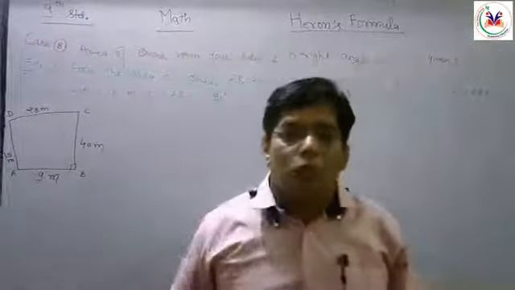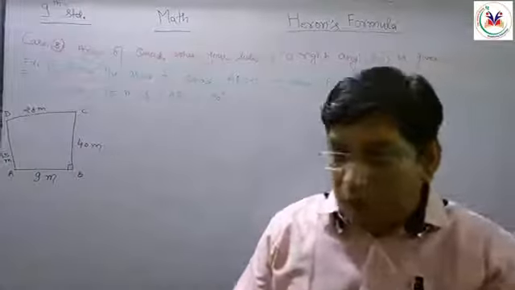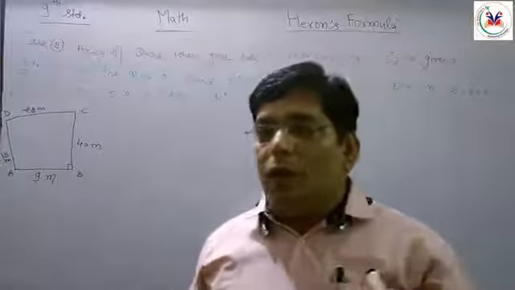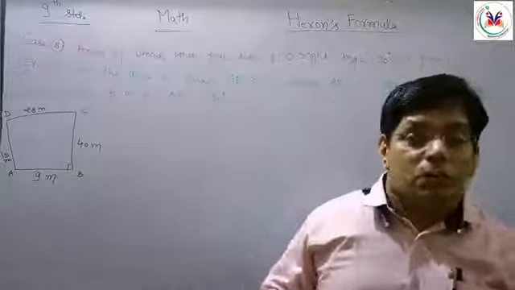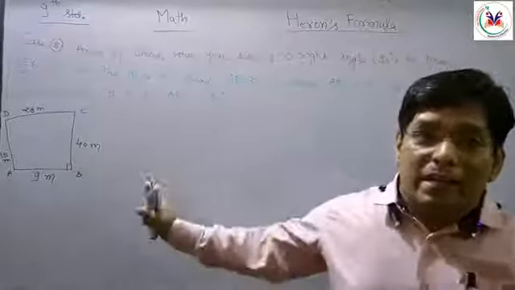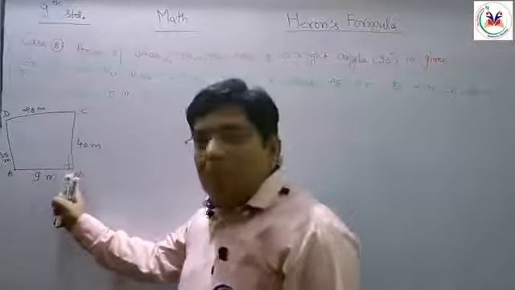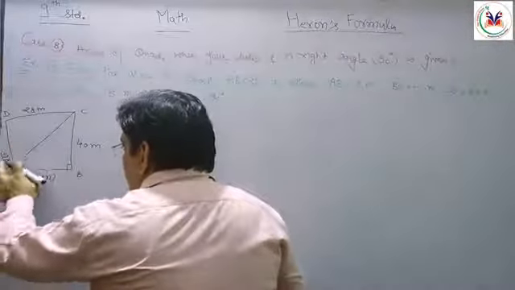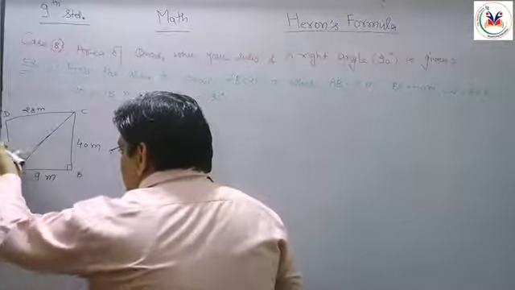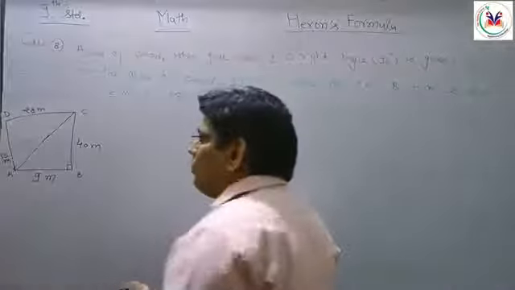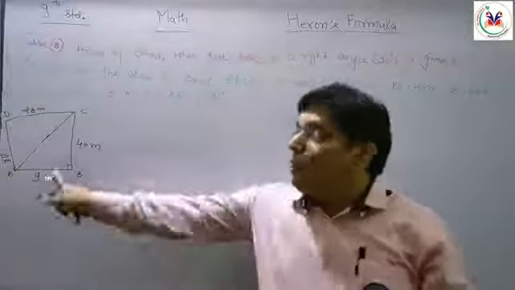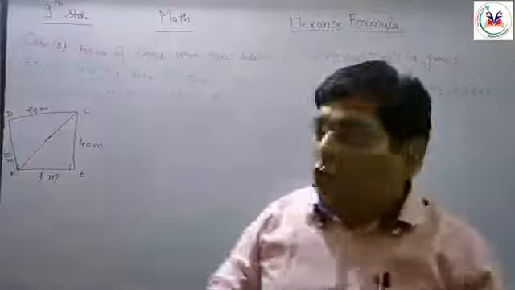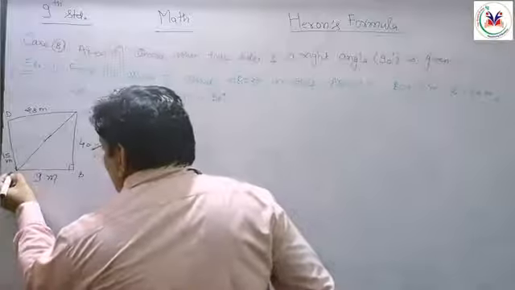Now in that situation what should we do? We have to divide this quadrilateral again into two parts and draw one diagonal, but that diagonal must be opposite of the right angle triangle. So the right angle triangle is at B, and the diagonal opposite to it will be AC. So first of all we have to join AC. Is that clear? That will be our first part. First we have to draw the diagram. After that we have to construct AC and join the AC because it is the opposite side of the right angle.